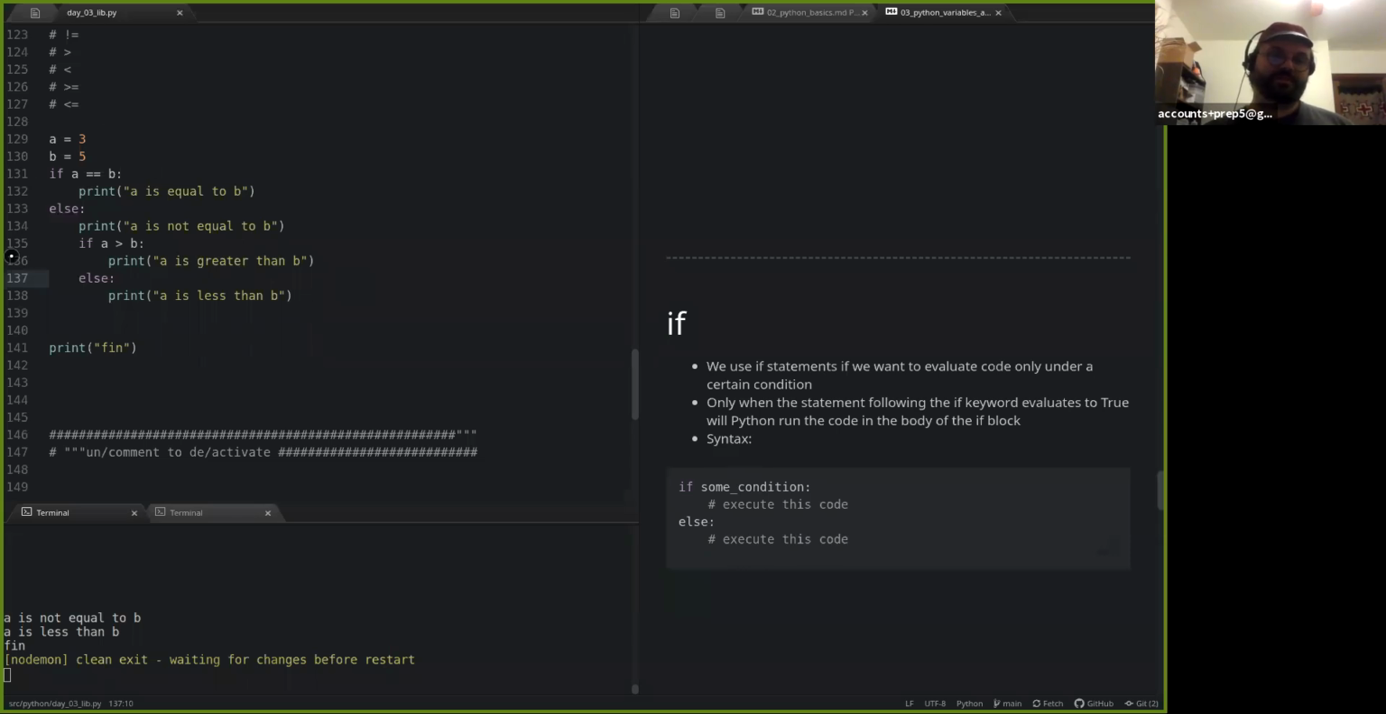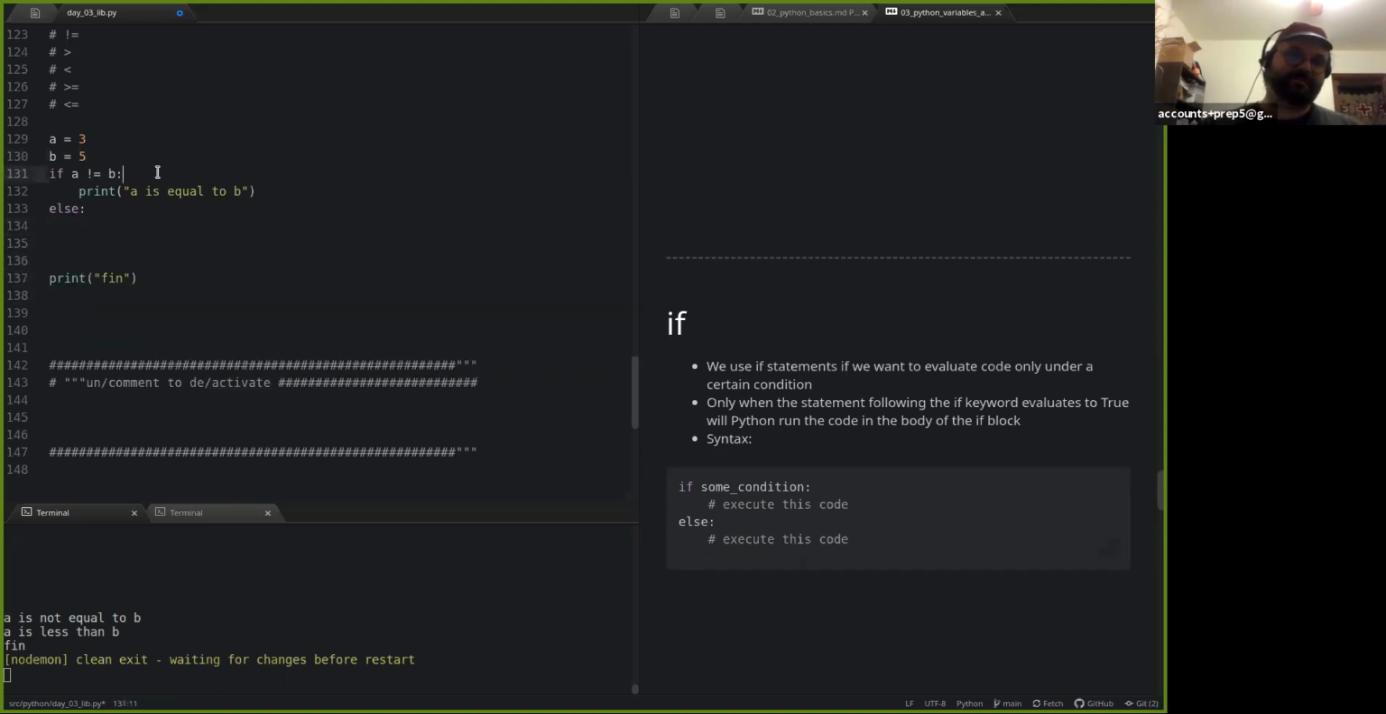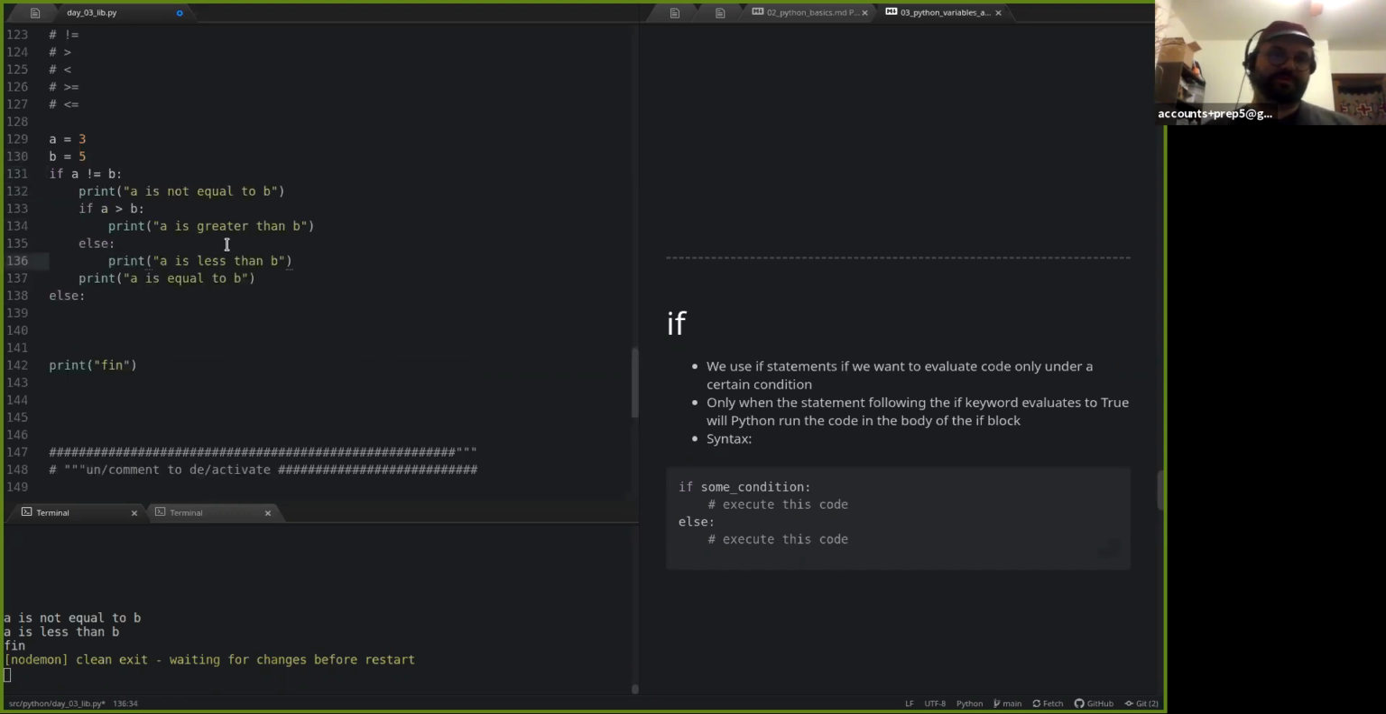Now, there's a number of ways we could lay this out, right? We could check the inverse condition, perhaps, just as an alternative to this. We'd end up having to put the code up here, and then our else would be that they are equal. But this will work the same. So A is not equal to B, A is less than B. Then, okay,